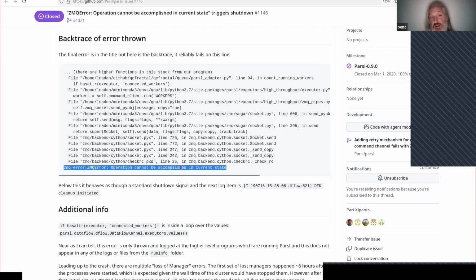That's a threading error. Okay, that's a concurrency error, and it's telling you you can't do this. Now, if you go look in the ZMQ source code, that's what this means. It means the request socket is in a waiting-for-reply state. Okay. So if you got that understanding,